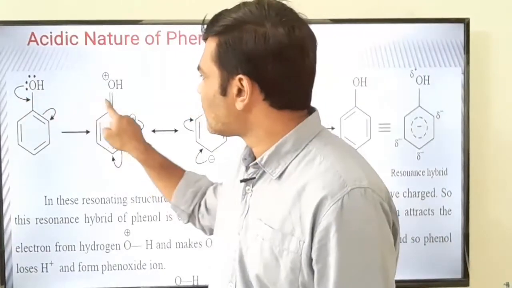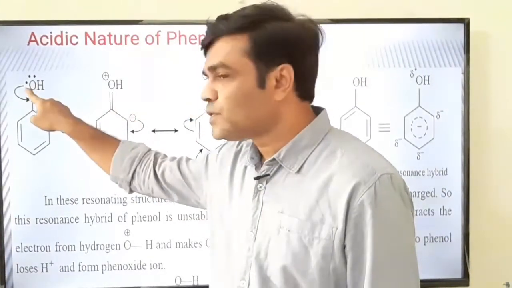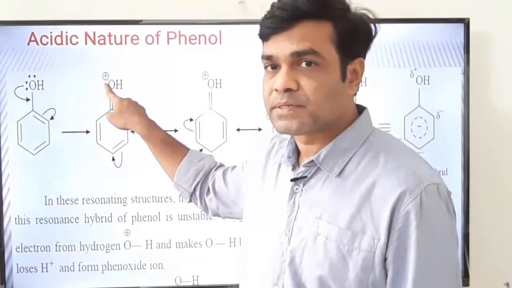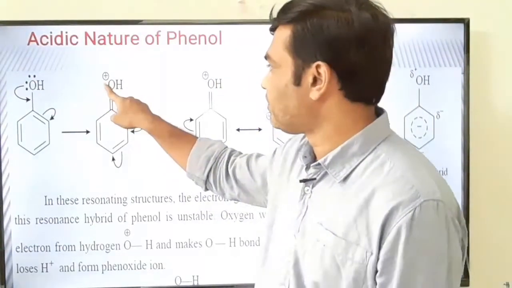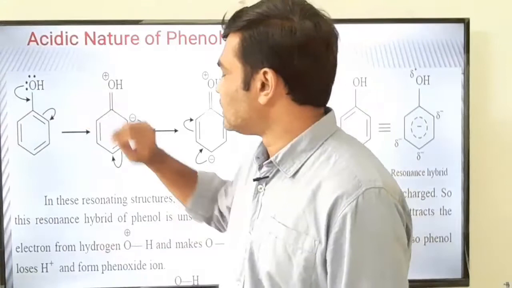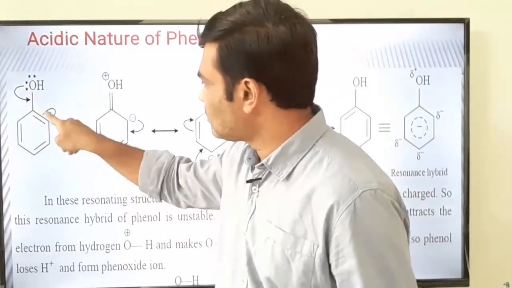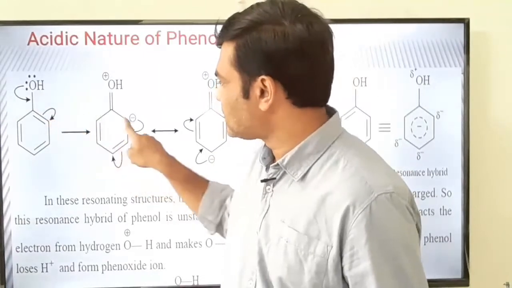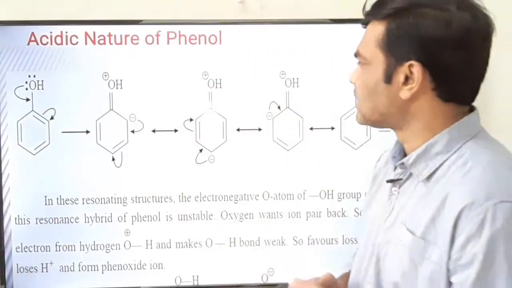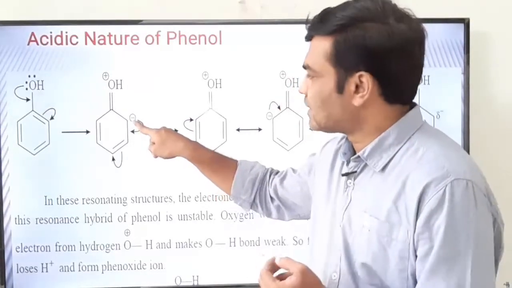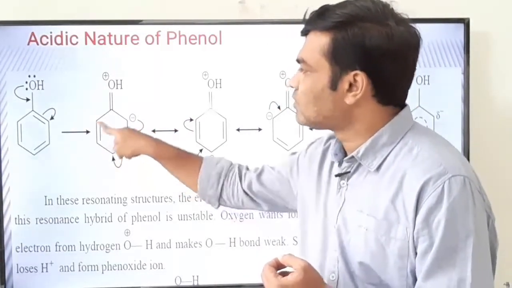This is the new bond formation. And as oxygen donates its lone pair, now it is electron deficient. That's why the positive charge is written over there. Okay, so oxonium ion, oxygen having positive charge. Formation of a new bond, opening of this pi bond, and formation of a negative charge. Here the excess two electrons are there. Now this negative charge, that is two excess electrons, is delocalized all over this ring.